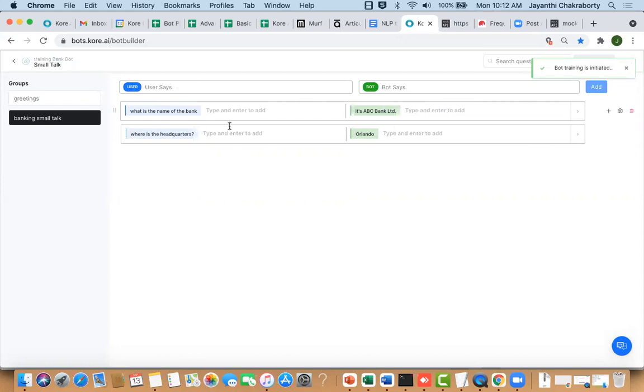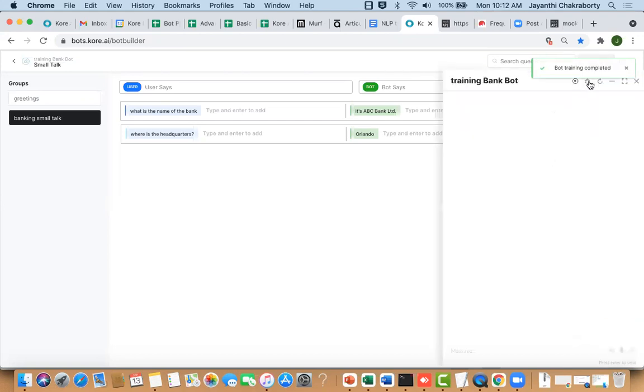So whenever you're making any changes in your small talk, you're adding additional greetings or you're creating your own small talk group, defining some messages and bot responses over there. Whenever you do these kinds of things, make sure you click on the train button to train the bot with these new small talks. And once you do that,